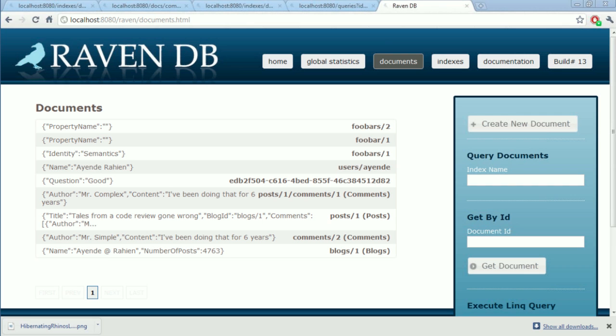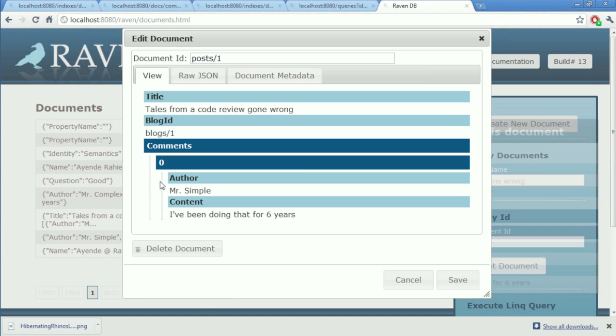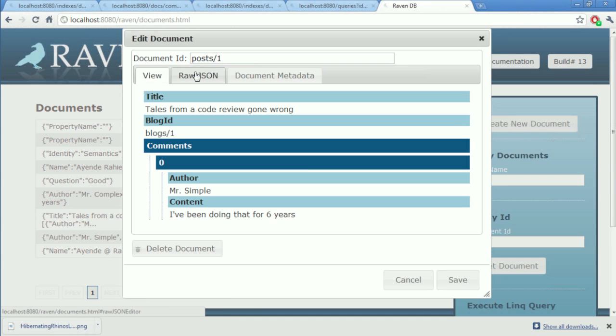So I can say something like, okay, given this document, and let's say that posts have a content field that may be hundreds of kilobytes in size, all I want to do is just update the title from one thing to another. I can actually say to RavenDB, okay, in document post number 1, update the property title to this new value. This is called patches.